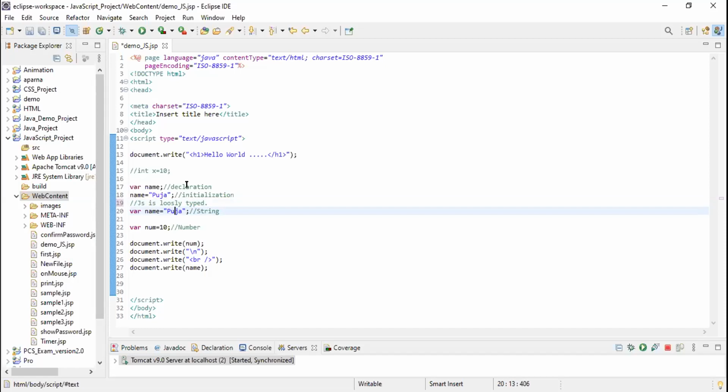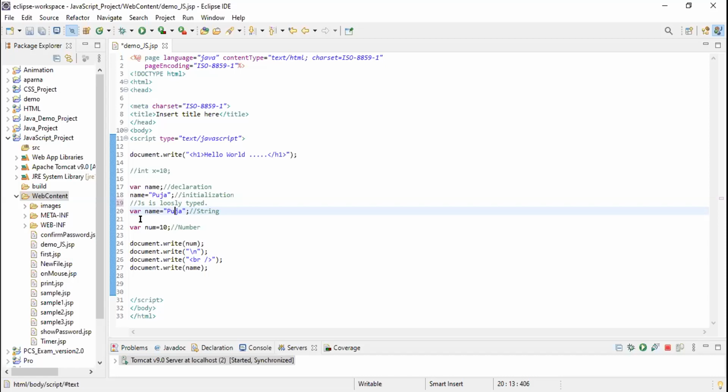Okay, so that's why it is called loosely typed. In Java, we always give a data type, right? But in JS, we don't give any data type when we declare any variable. That's why it is called loosely typed, right?